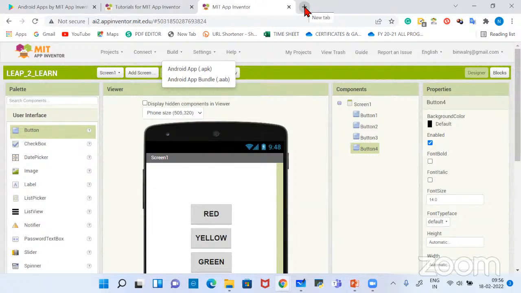So if you are good in programming, and you have made a very good application that helps people, then definitely you can upload it on Play Store. But what I recommend, if you are designing an application,